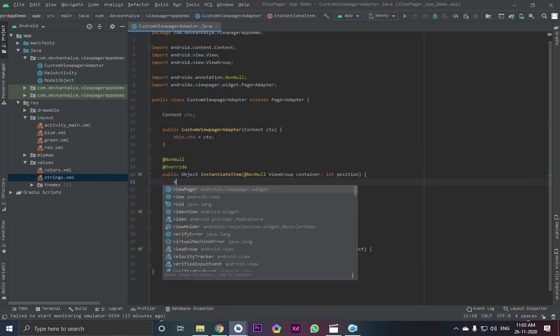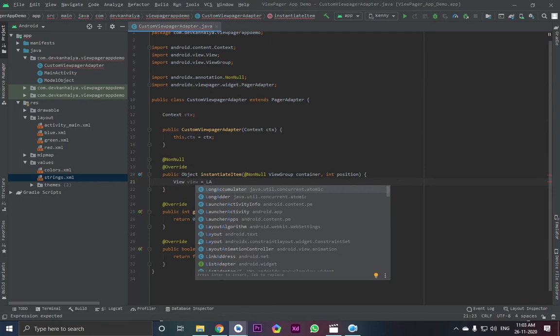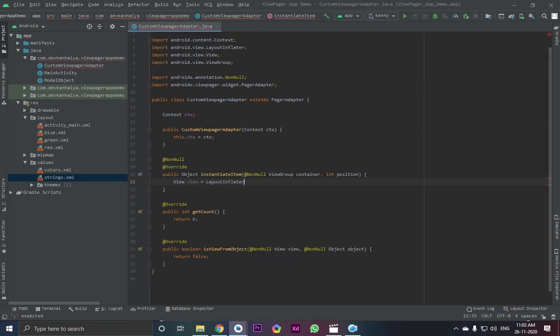So let's see, View view is equal to, then type LayoutInflater. So what does this layout inflater do? It shows our views, this code that we are writing, in the views. So that's how the inflater works.